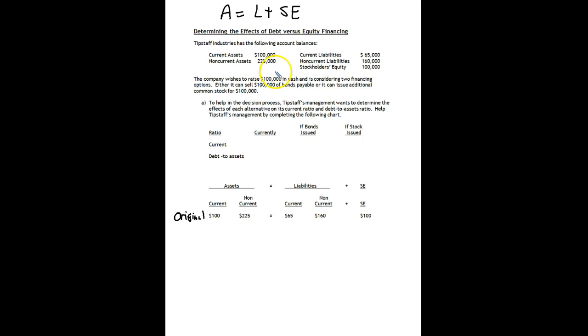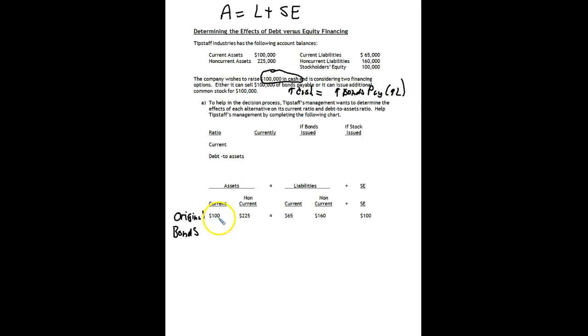This company needs to raise $100,000 in cash. We're going to look at the first scenario: what if we borrow to do that? In the first case, they're going to issue bonds. So if they do that, cash will come in. If we borrow money, cash will go up, which is our assets, and bonds payable will also go up, in both cases,